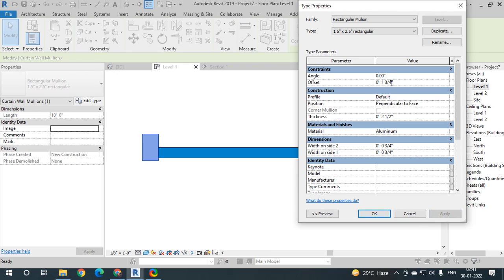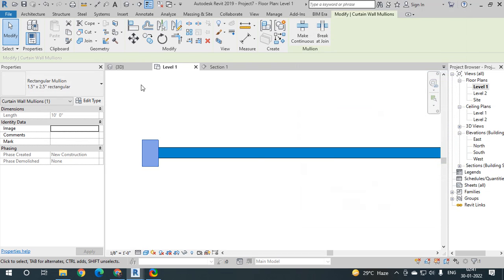So I will have to make it 1 inch. Apply. 1.2. Again it is the trial and error method. There is as such no value present.